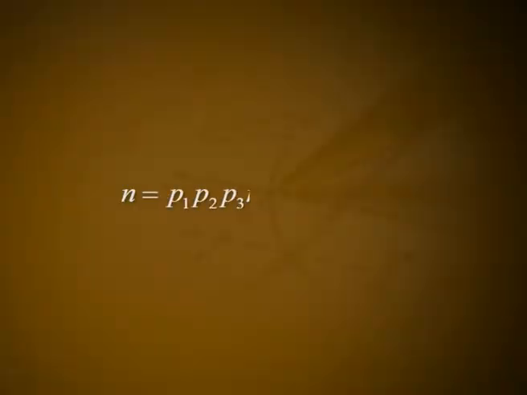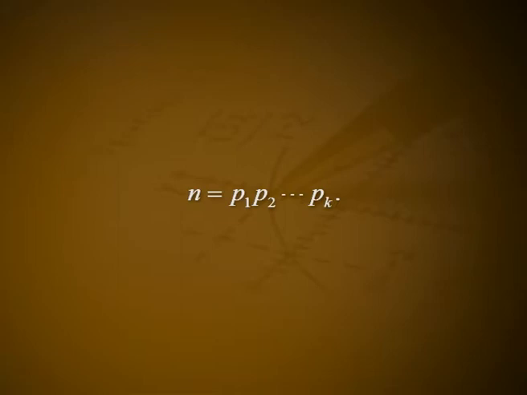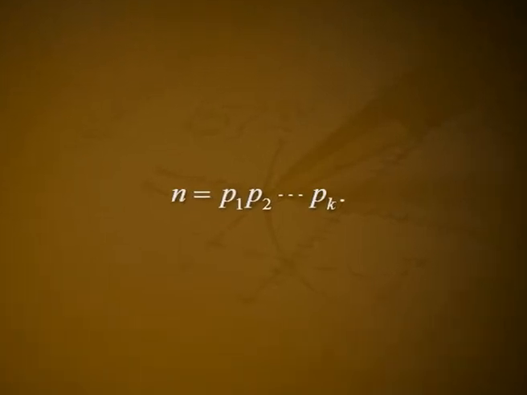N is equal to p1 p2 p3 n3, 1 less than n3 less than n2. The decreasing sequence n greater than n1 greater than n2 greater than etc. greater than 1 cannot continue indefinitely, so that after a finite number of steps nk minus 1 is a prime. Call it pk. This leads to the prime factorization n is equal to p1 p2 etc. pk. To prove the uniqueness of the prime factorization, let us suppose that the integer n can be represented as